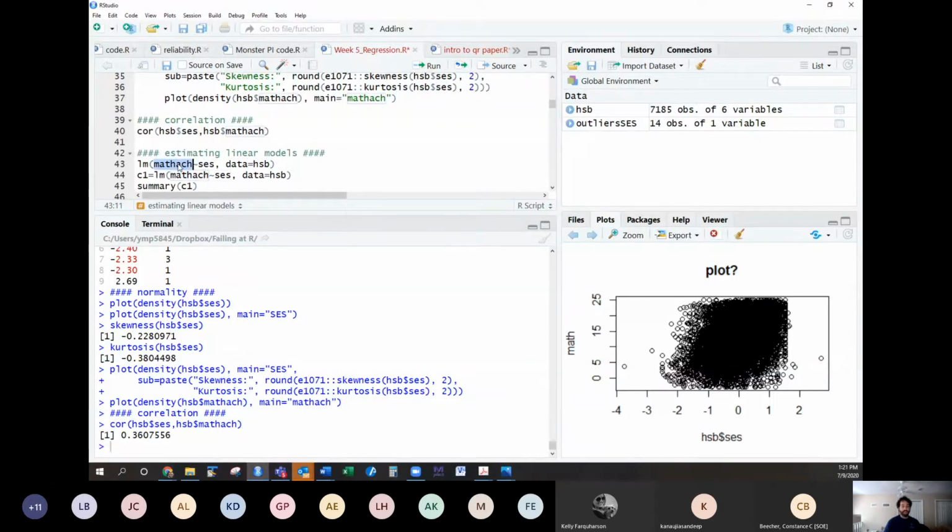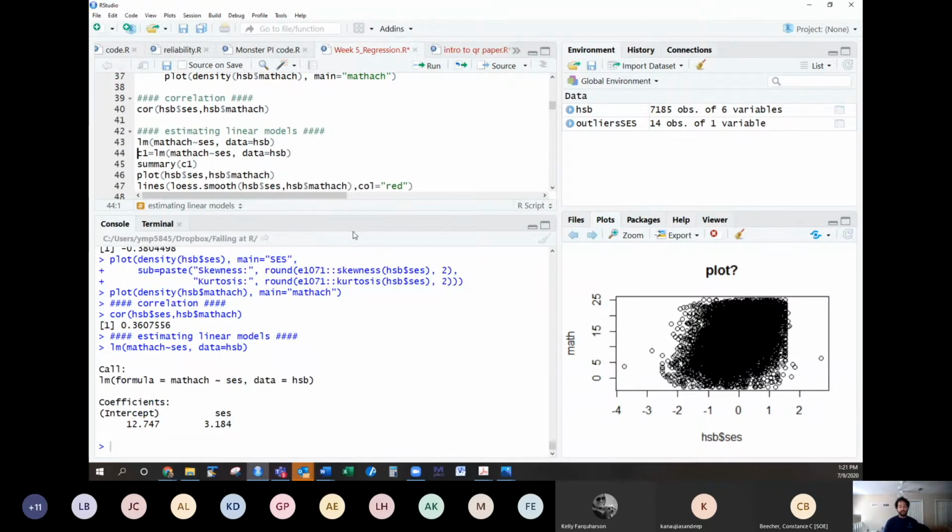So this is math achievement regressed on SES, and that's the regression equation here. And then once your regression equation is specified, you separate it with a comma and you specify the data set. There are a lot of other options that you can include here, but we're just going to start with this for the basics. So if I run that model, we get an intercept value and